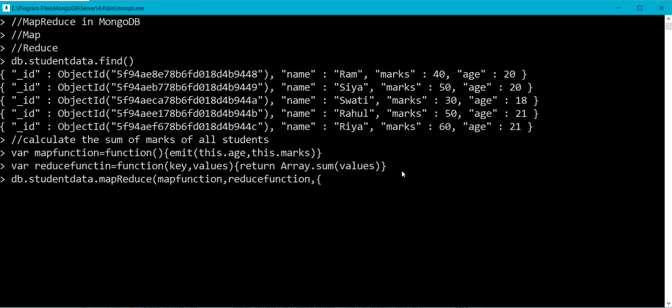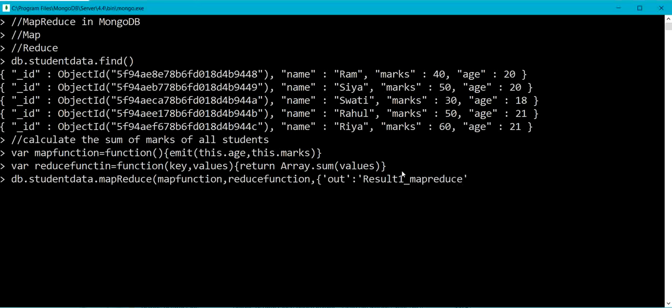So here I need to use out keyword. So what this out specifies? Out specifies the location of the MapReduce query result. So here I am using the name as result1 underscore MapReduce.